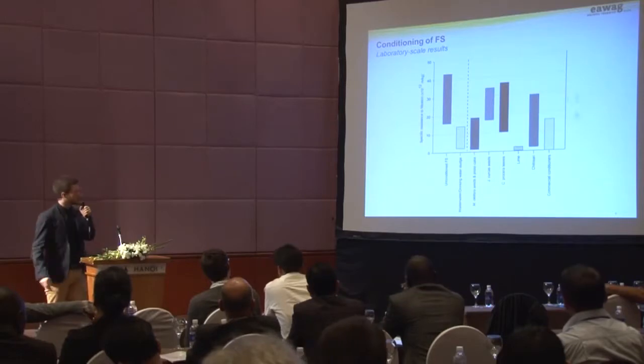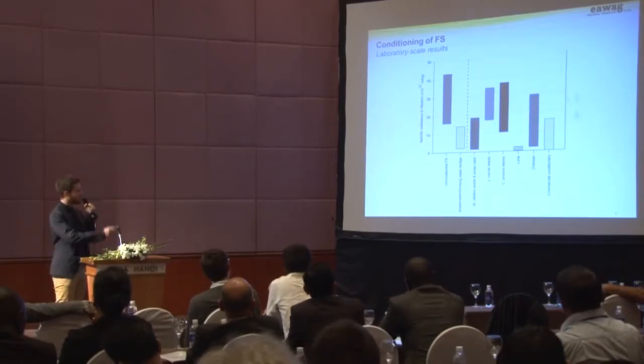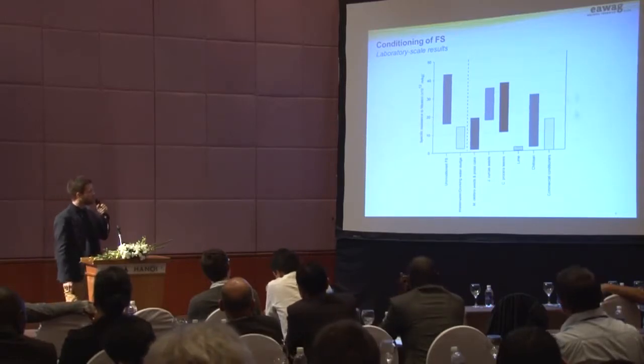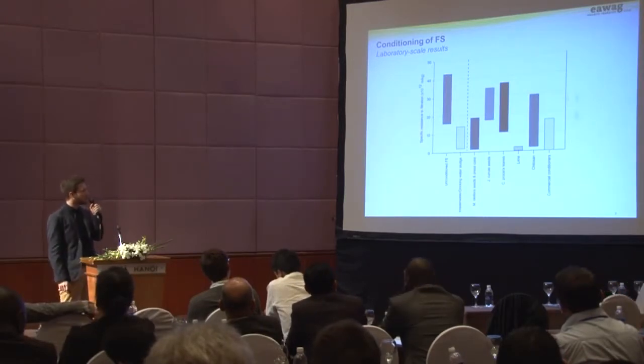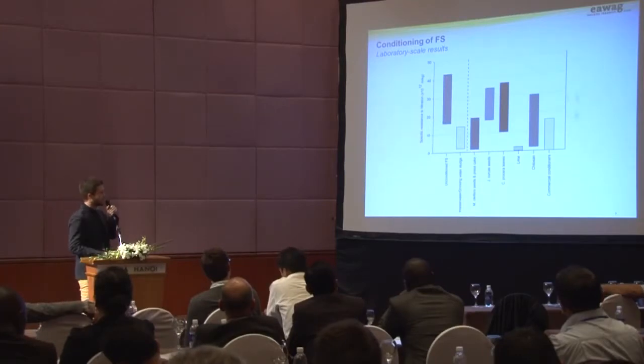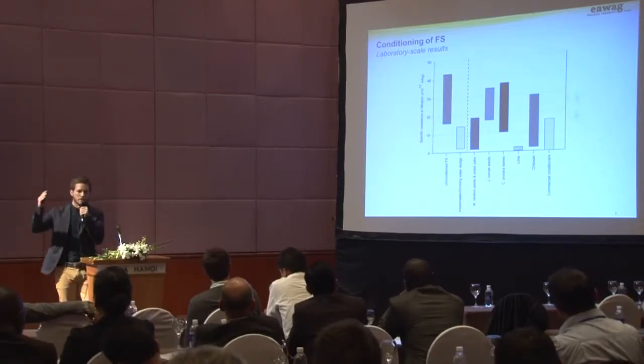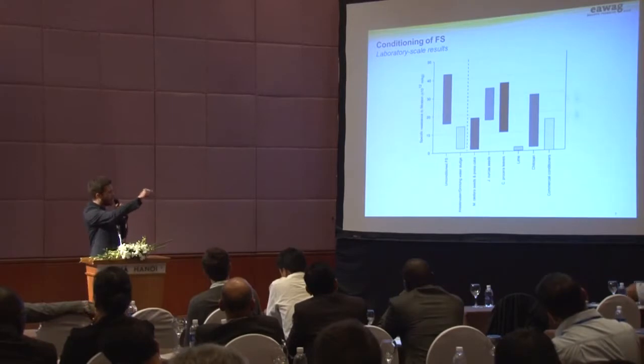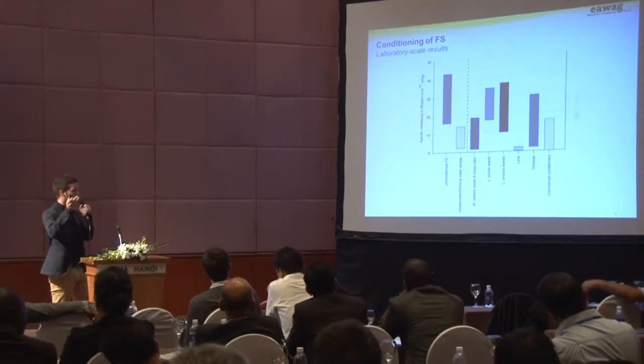Columns number 3 to 7 show the different conditioners. So we're now looking at number 1, unconditioned fecal sludge, and 3 to 7. And we see that except for Jatropha seeds and Calotropis leaves, conditioning increased the dewatering properties. This seems to be clear for Moringa oleifera, column number 3, for lime, and for commercial conditioners, and the variability is a bit higher for chitosan, but remember we did it at different dosages, so the higher end of chitosan means lower dosages, whereas the lower end means a higher dosage.